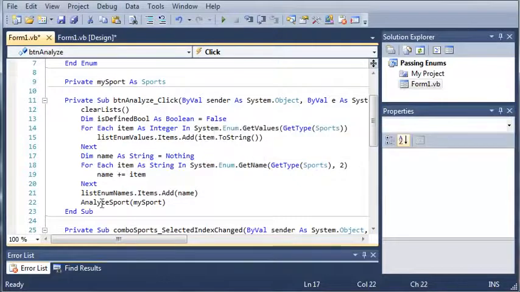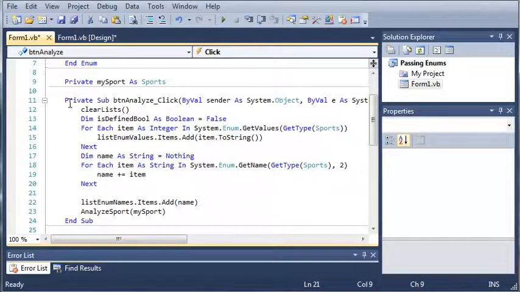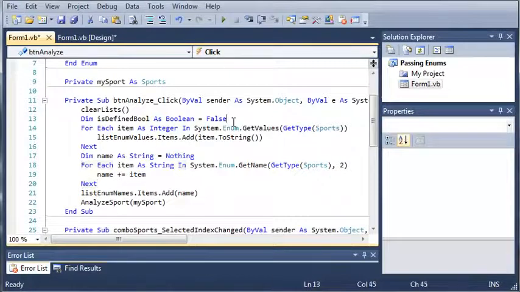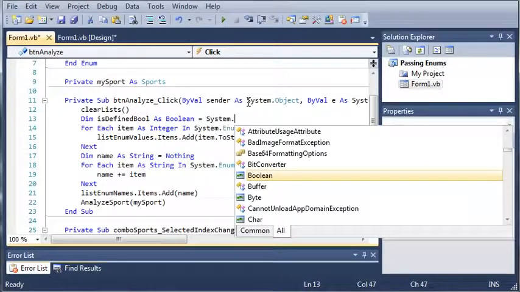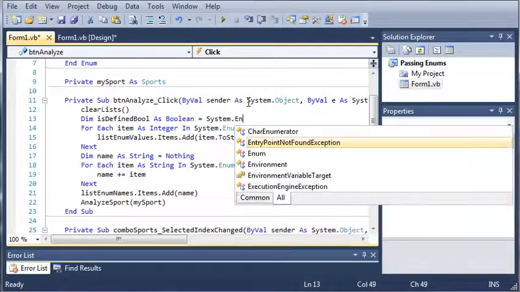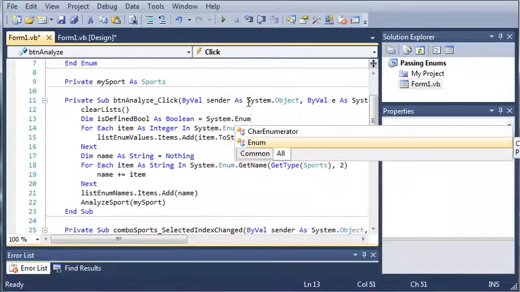And now we're going to show a message box and see if a certain enumeration value is defined. Well, instead of assigning it down there, let's go ahead and assign it up here. So isDefinedBool as Boolean, and we'll set that equal to the system namespace, dot Enum, the enumeration class,